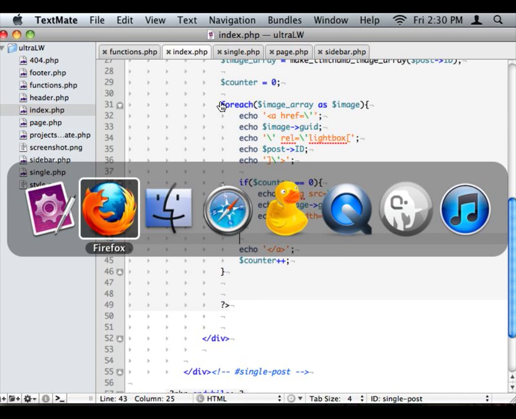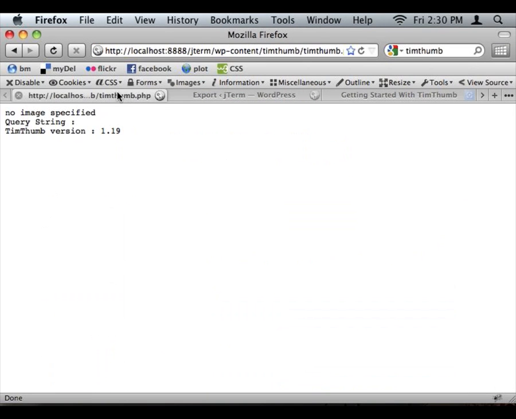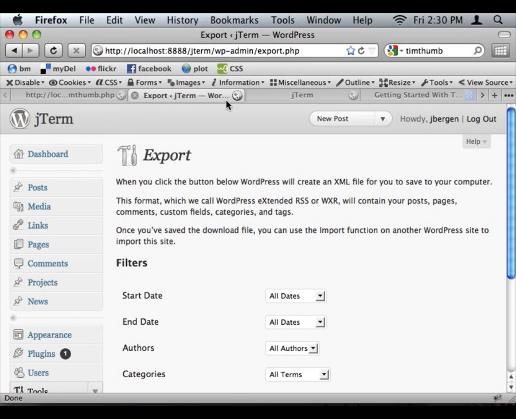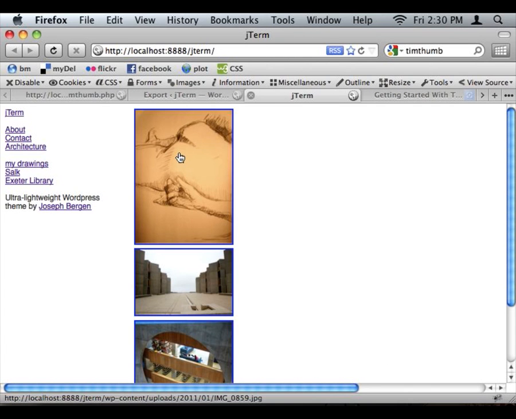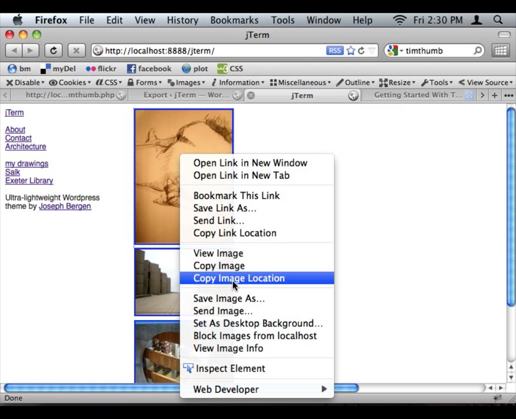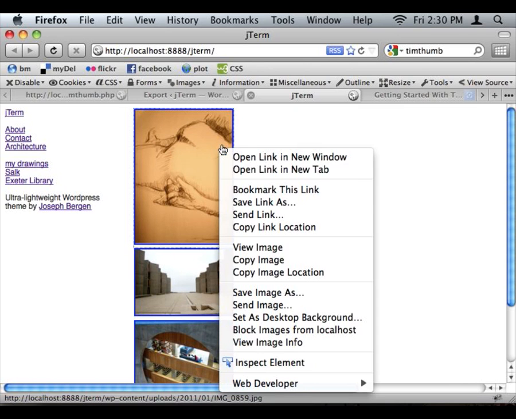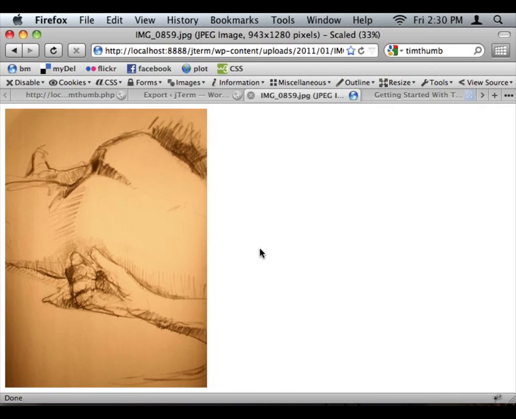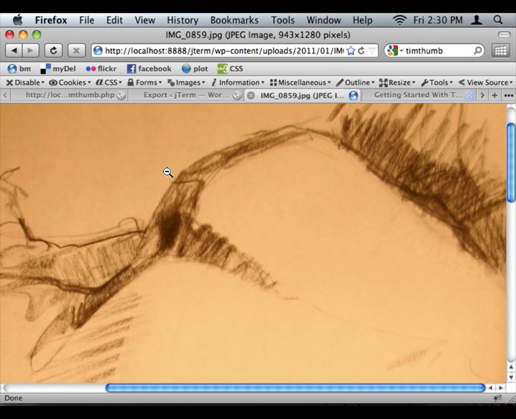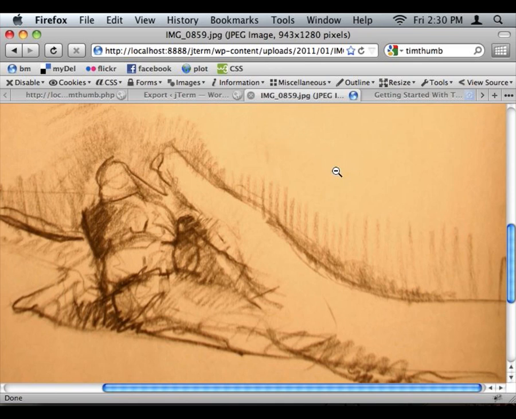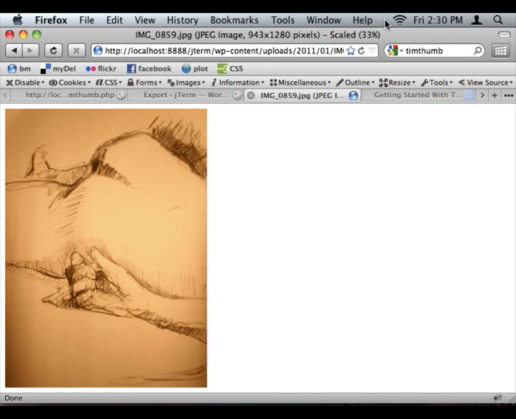So let me go back out. I'm going to do a test, and I'm going to need a URL for an image. So I'm going to right-click on an image that I want to test and view image. This image here is pretty huge. It's 943 by 1280. That's okay. So I'm going to copy this URL